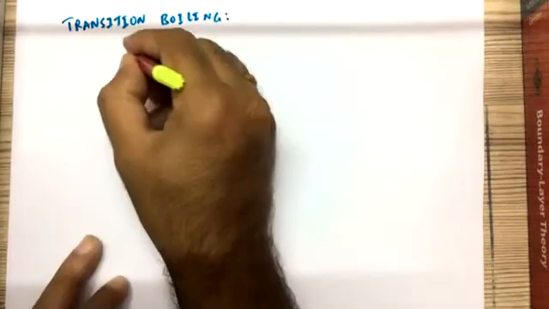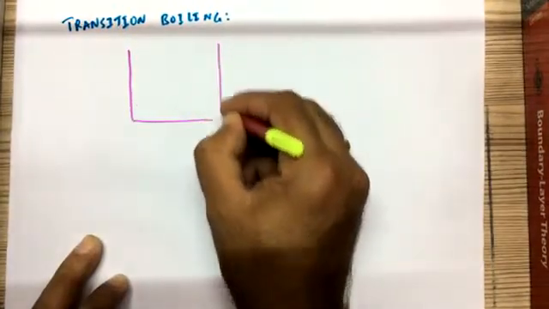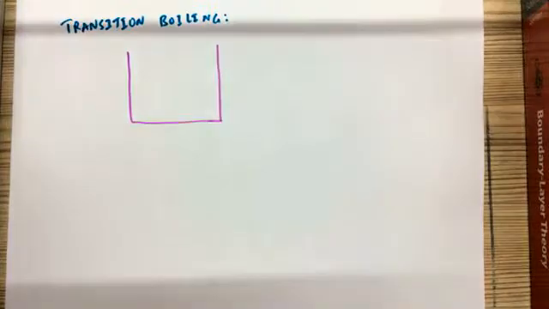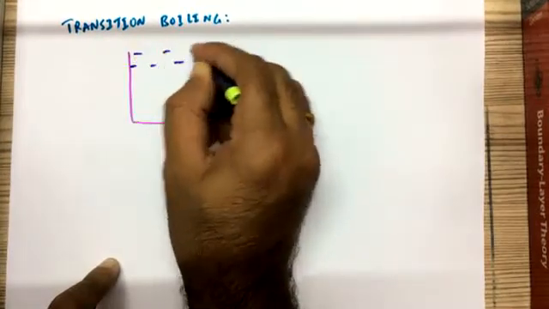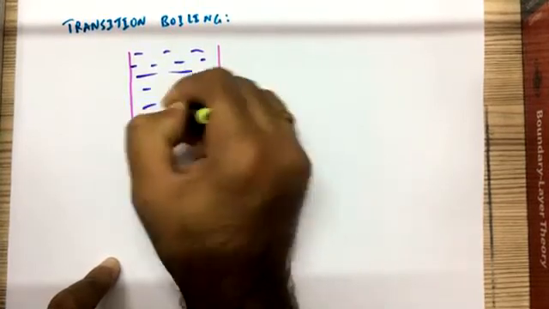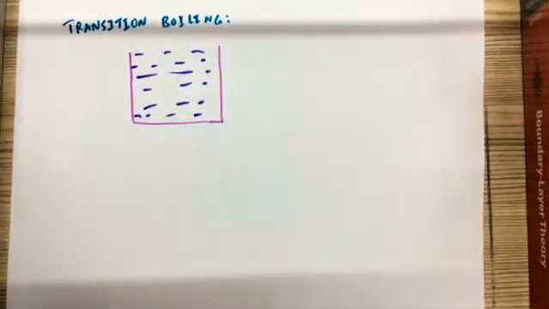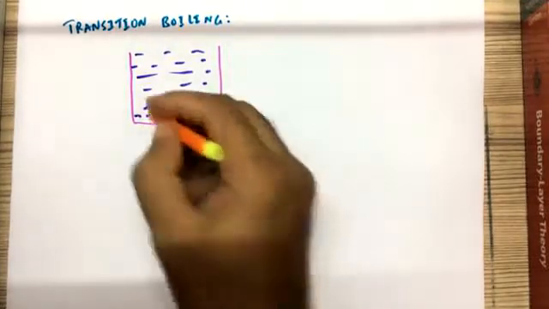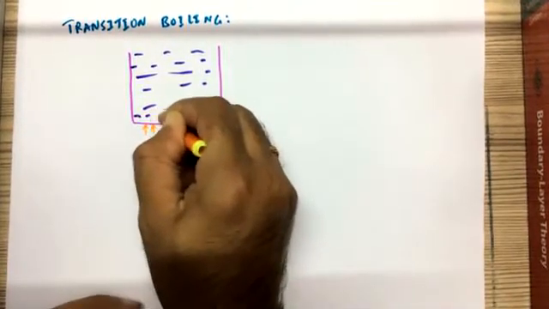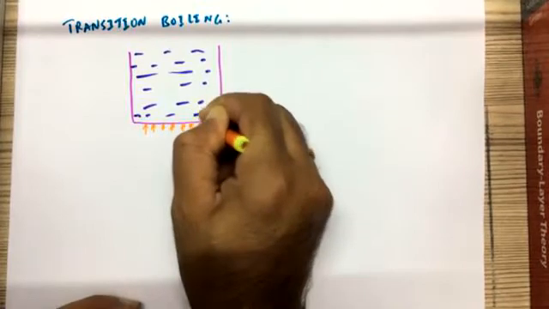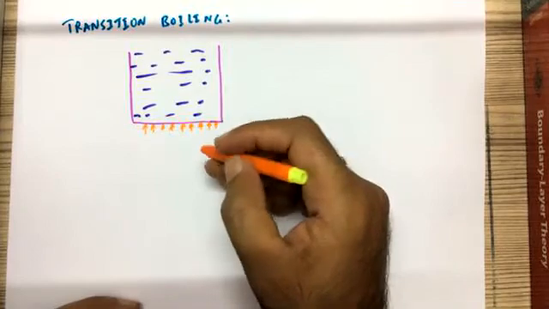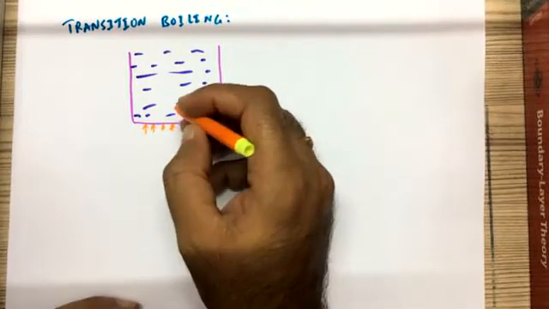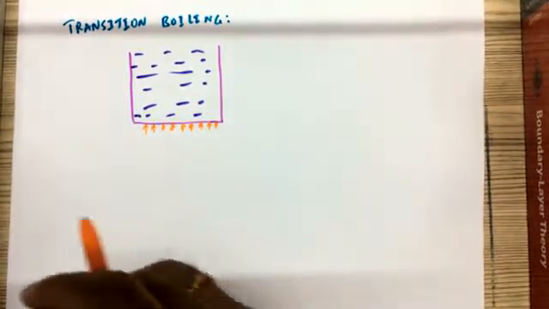So what is happening in transition boiling is, let us suppose the same pan, and you fill it with water. Heat is being generated from there, and what happens is, as we have seen,